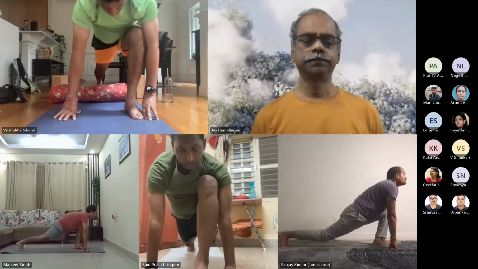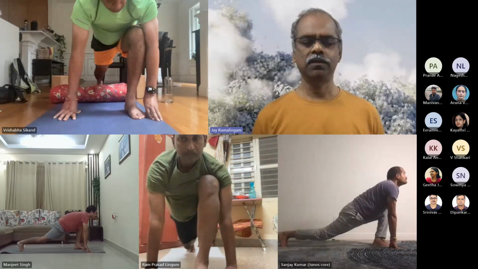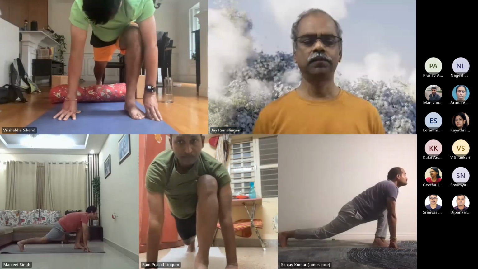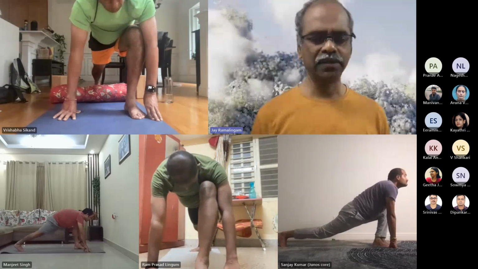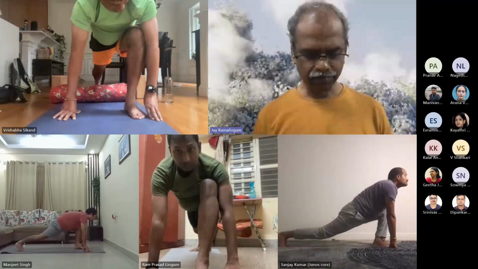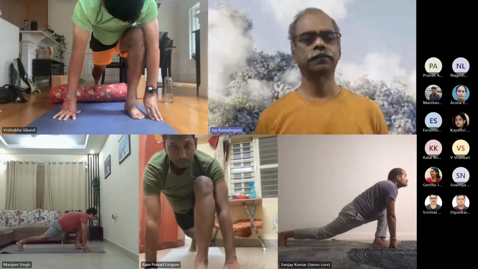Look up. Take the right heel toward the back wall. Subtle movement. As you try to do that, you will feel the front hip opening even more.